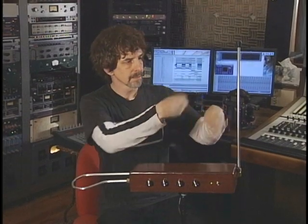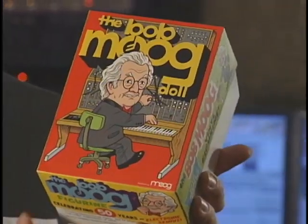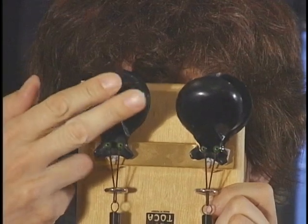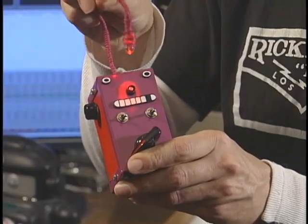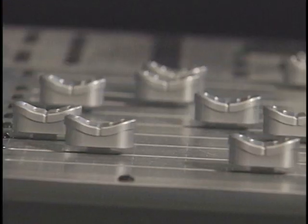Welcome to Mark's Petting Zoo. This is a theremin. Robert Moog action figure, complete with synthesizer and glasses. Strangers in the night. And that's why I'm on this side of the glass. Better musicianship with louder amplifiers. It's a cigarette case. It's a guitar amp. Here's a fun thing. This is called a thingamagoop. This is a moving fader system. The faders are showing the levels that we have in the computer